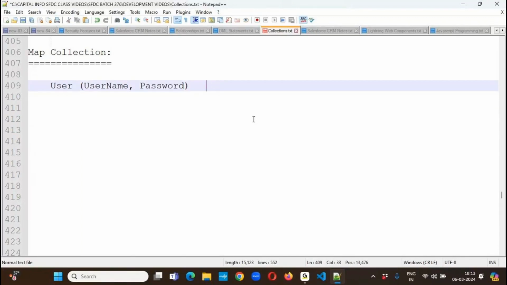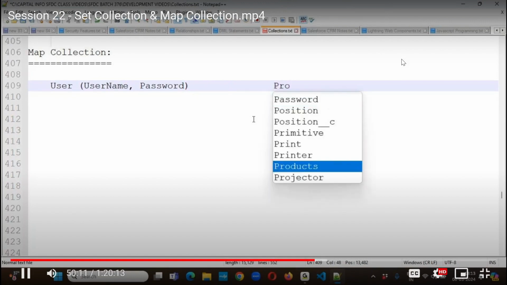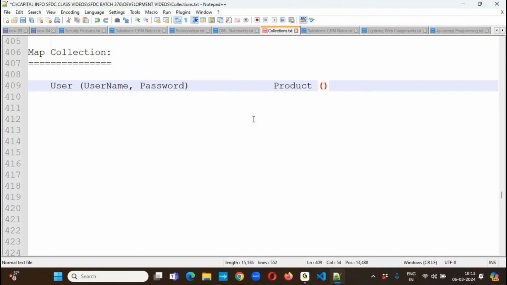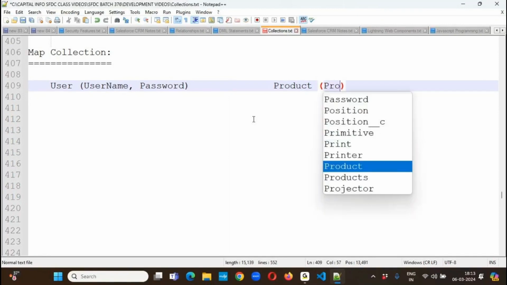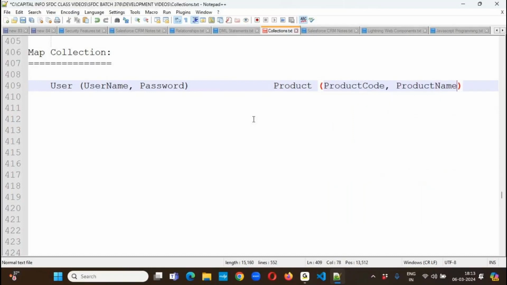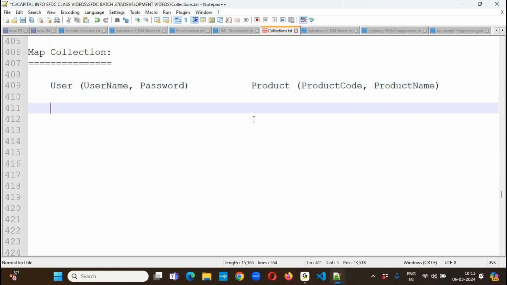In a similar way, for example, I would like to recognize a product. Whenever we want to recognize a product, here also we need to use a pair of values, like the product code, product name. We need to use the combination of the pair of values, that is product code and the product name. Like for example,